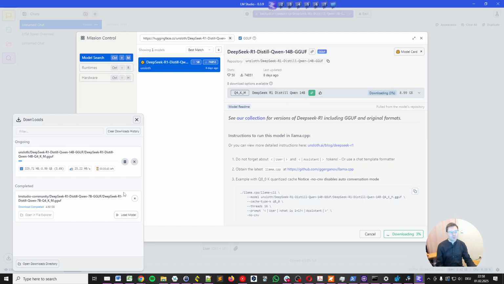The one we have by default is 7 billion parameters. This is probably better, and it's quantized in a special way so that it can still fit on a 16 gigabyte GPU. It's worth experimenting and trying with different models, and I'm probably going to do more videos on that,